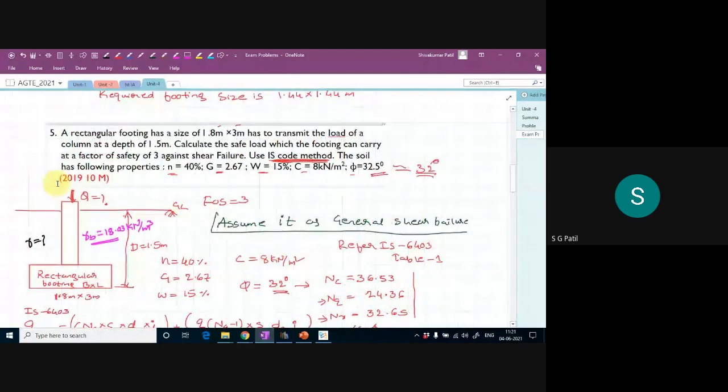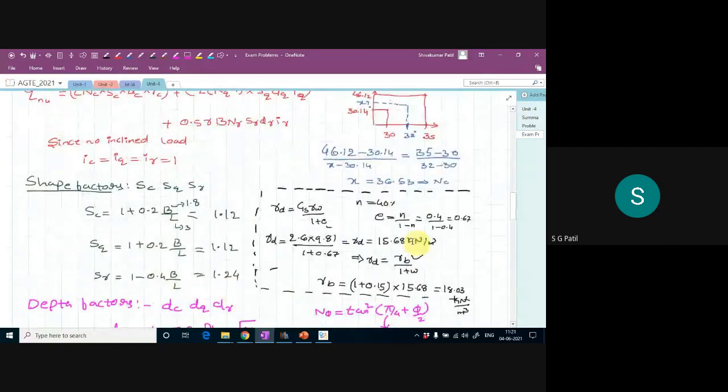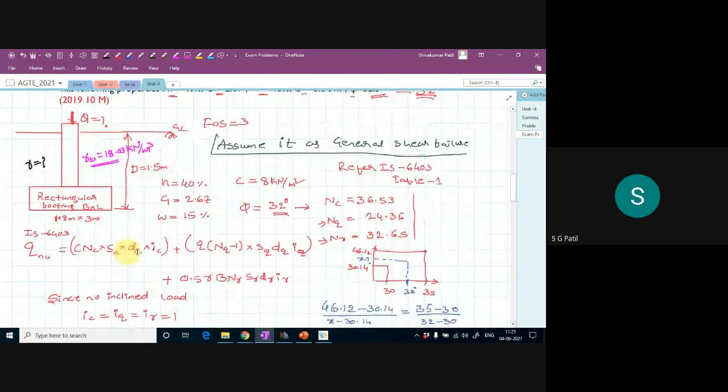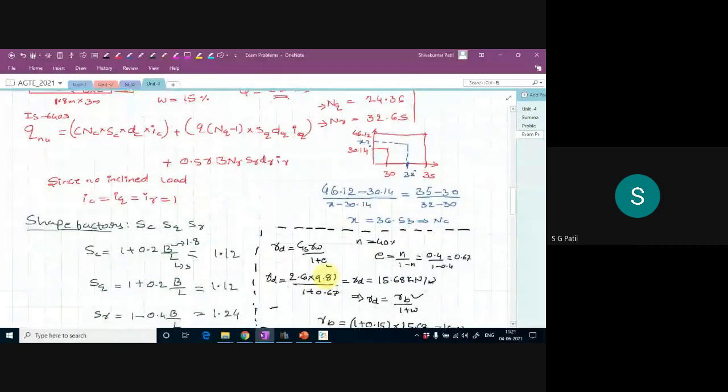But anyway, this VTU mindset is a little bit odd. They would have given a bulk density directly instead of giving all these porosity, specific gravity. Anyway, we are not going to test your memory, whether you remembered your old formulas. Of course, it is required, but it is not essential. The essential thing is concepts, not the formulas.